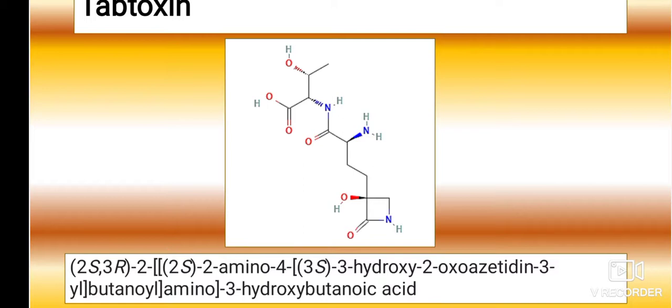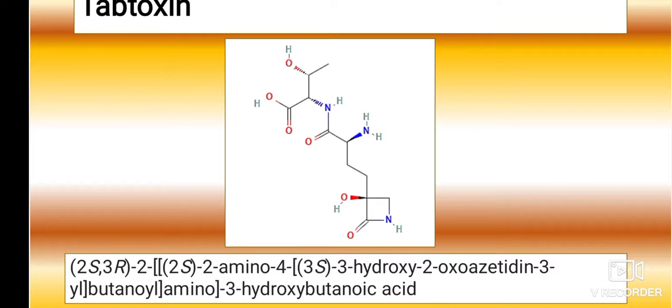that contains 4 carbon atoms, at third position. So it is a 3-yl. It contains 4 carbon atoms, so it is a butane. There is a double bond O, that is a ketone functional group, so it is a butanoyl. There is a presence of an amino group. So butanoylamino, then bracket complete.